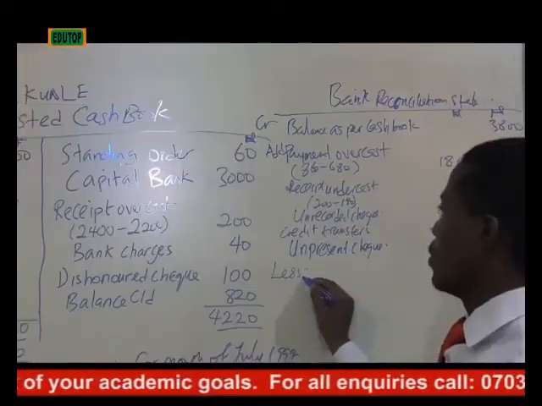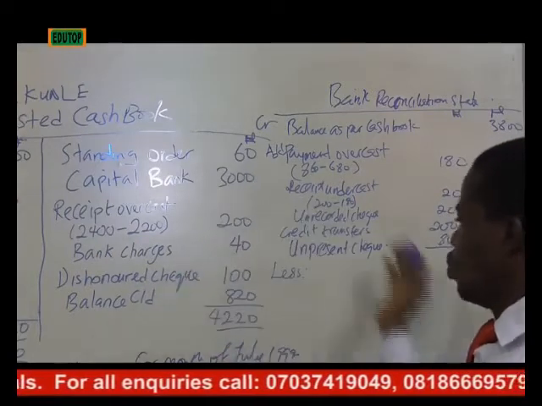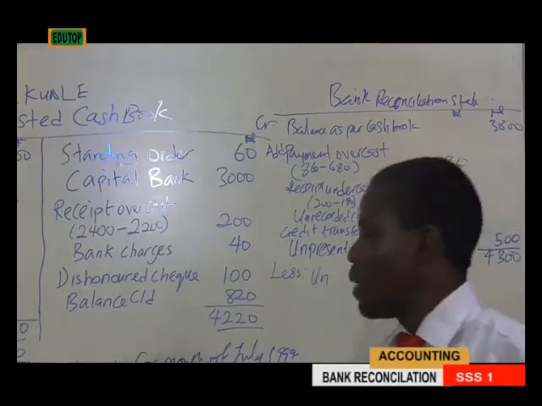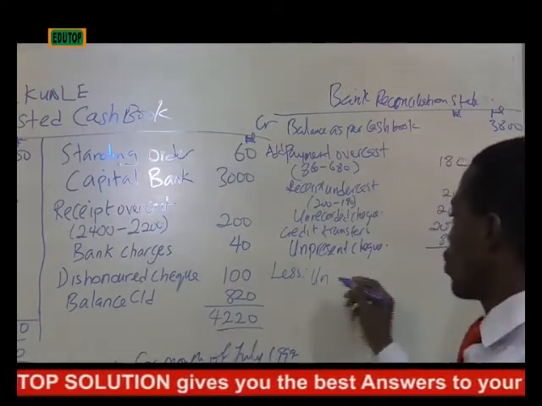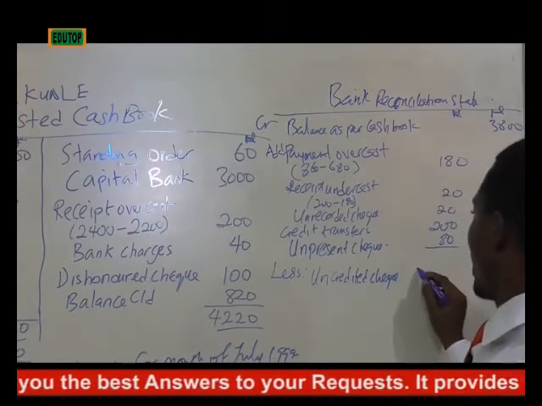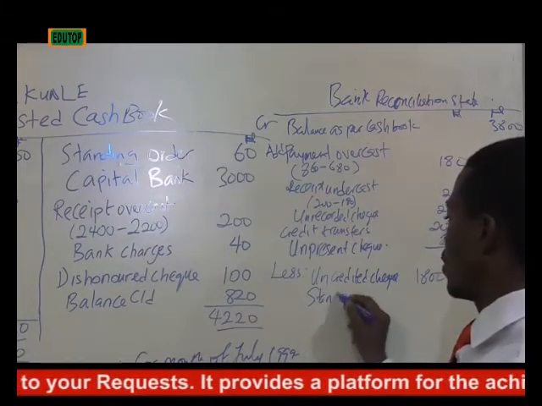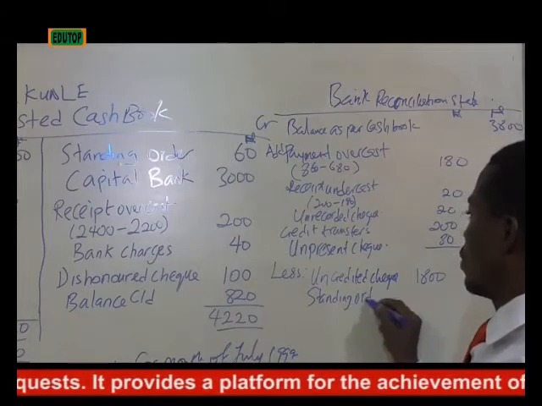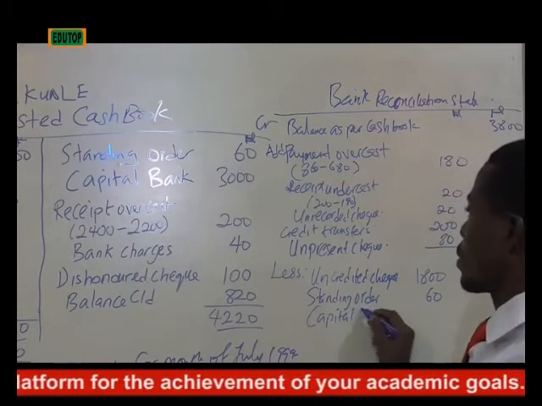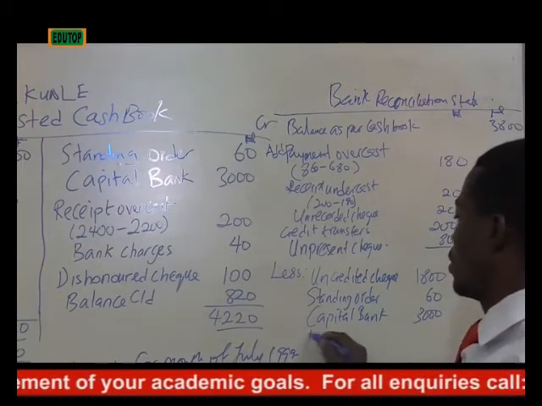And all the information that relates to the credit side of the cash book, you bring it down here. On unpresented cheque, depending on the way you like it, you can first put unpresented cheque here. Unpresented cheque, that is 1,800. Then standing order, 16 naira. Capital bank, 3,000. Receipt